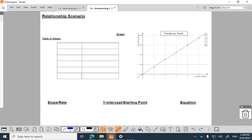I don't know what the easiest thing is. I suspect, no, I think I know which one I would do first. Given the graph,